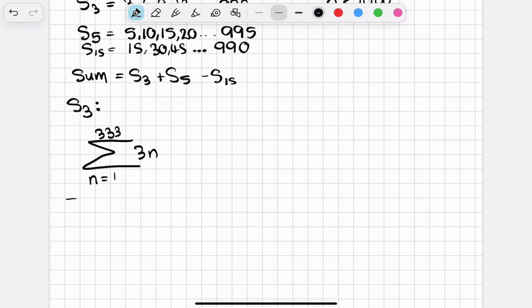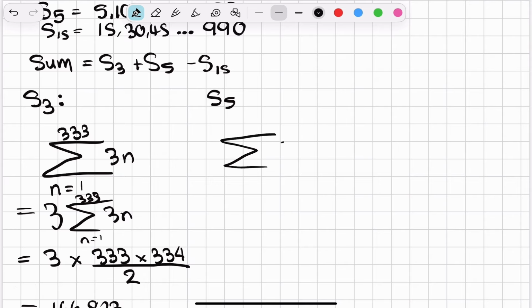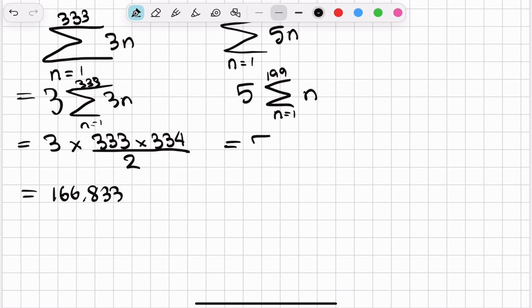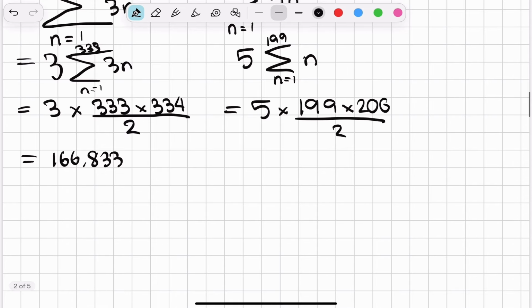So the sum of 5n from n equals 1 up until 199. And again, we factorize out 5, 5 times the sum of n from n equals 1 to 199. Evaluate this, we've got 5 times 199 times 200 divided by 2, which is